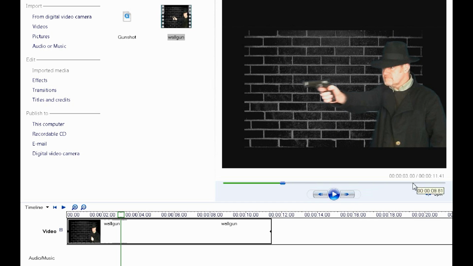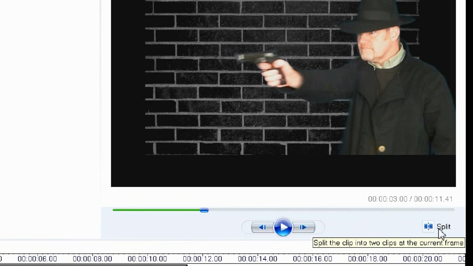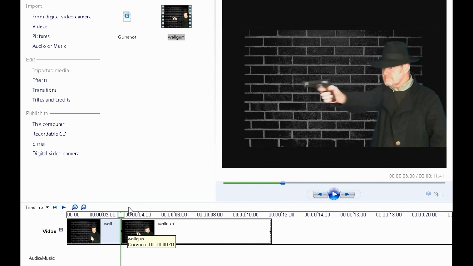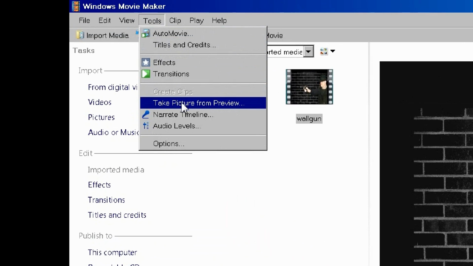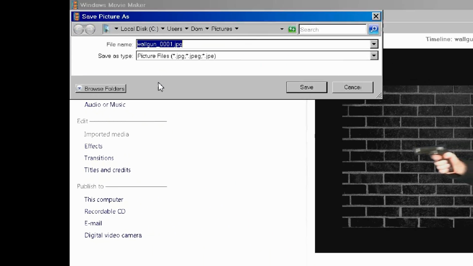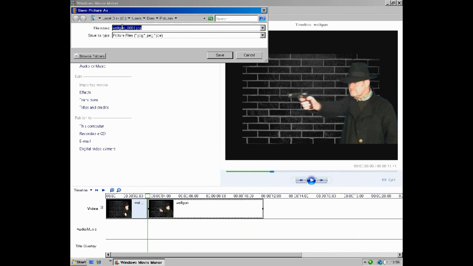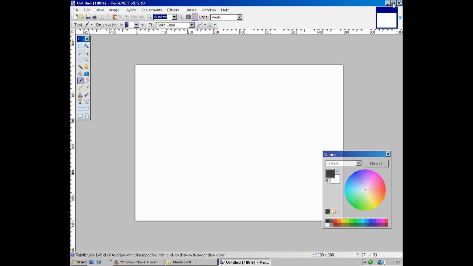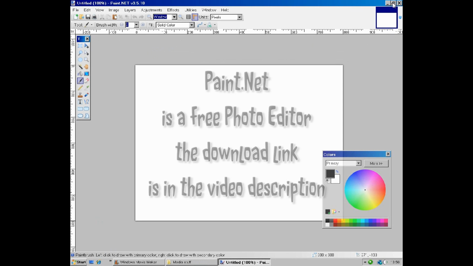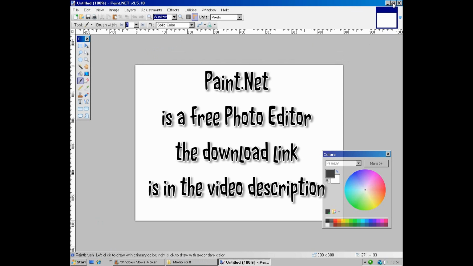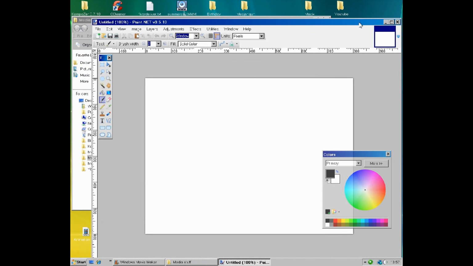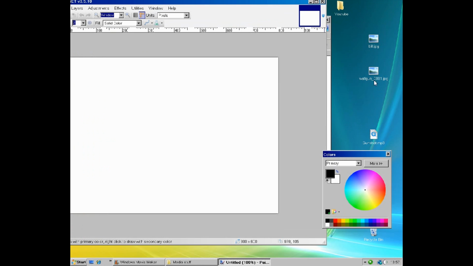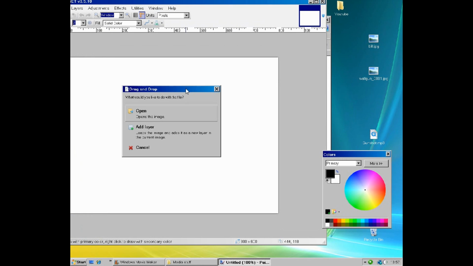And there it is. Now, leaving the cursor where it is, split the clip into two. And again, without removing the cursor, take a screenshot and save it to your desktop. I'm saving mine here as a JPEG pictures image. Now minimize your video editor and fire up your photo editing software. Now here I'm using paint.net, which is a completely free program, and if you would like to download a copy yourself, then I put a link in the video description for you to do so. Okay. Now open your screenshot